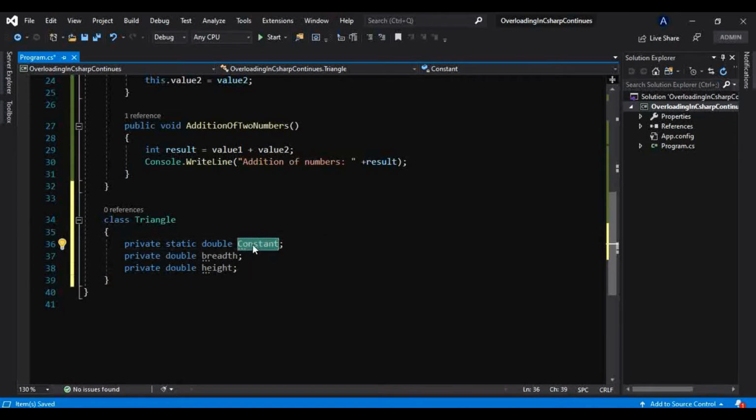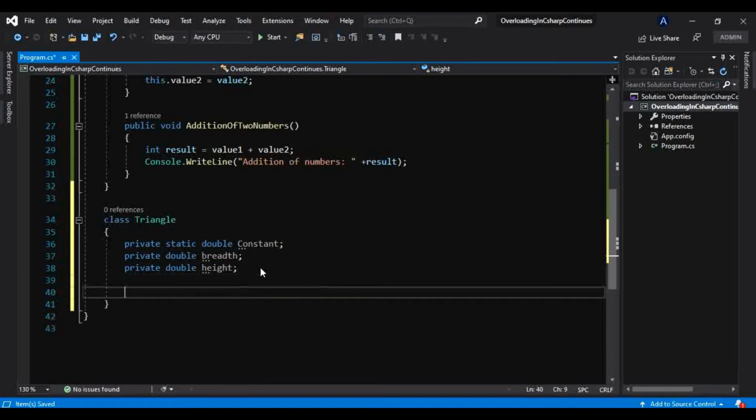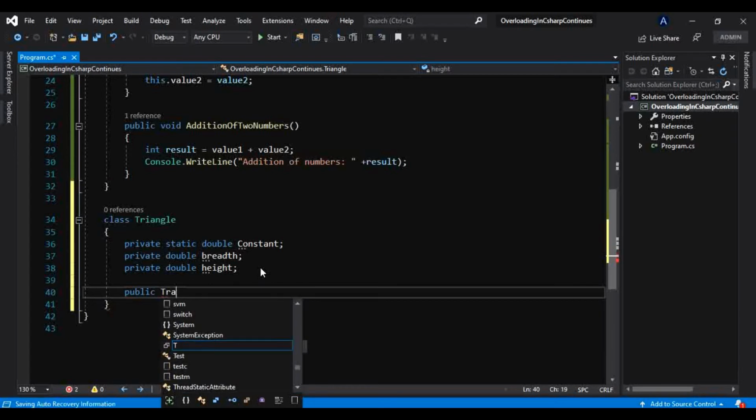That constant will not change in the entire run of the program, and we have learned that in previous tutorials. So please check that out in order to understand this better, that is, what is a static member and an instance member. But for now, what is my goal to show you? Let me take a constructor here, and after that I will tell you what I am doing, so don't worry. Let me take a constructor